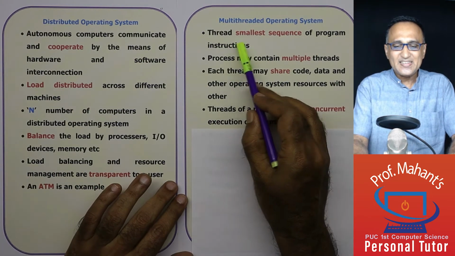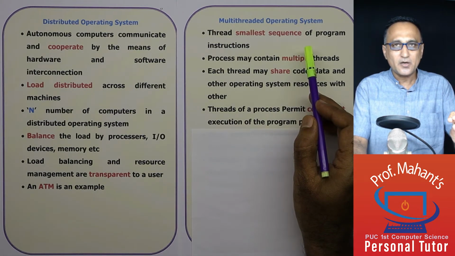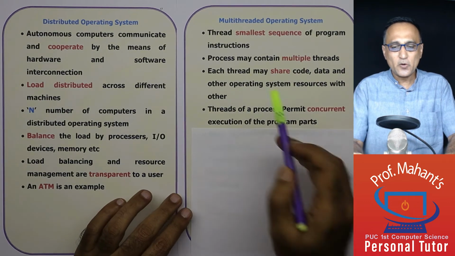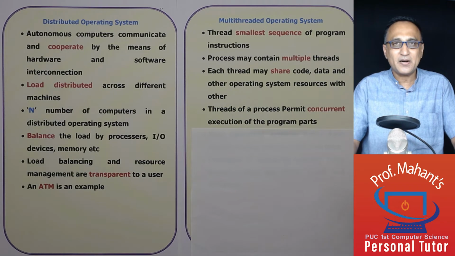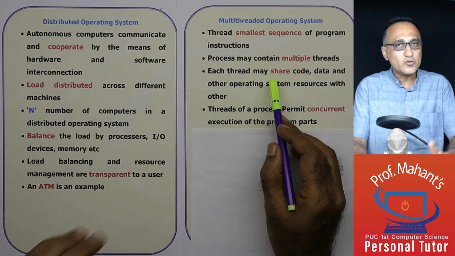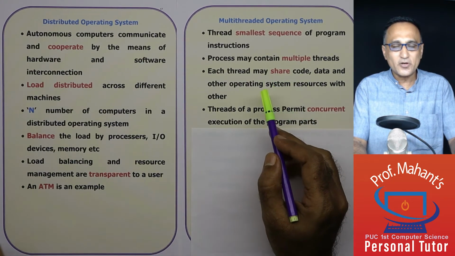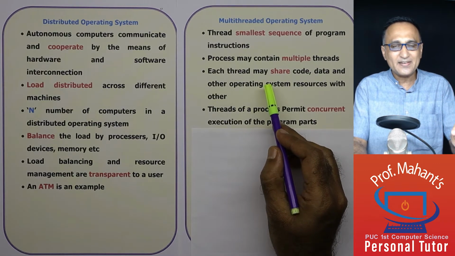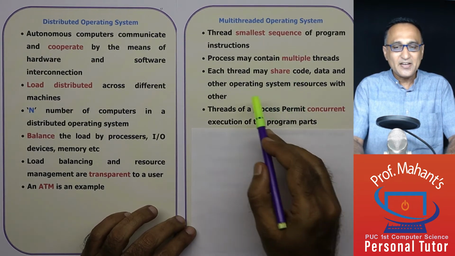So a thread is the smallest sequence or the smallest group of instructions in a program that may be executed. Now in my process, the example I give you, you can think of it as consisting of multiple, that is 10, threads. So each of these threads uses the same code for addition. Although the data items are going to differ because each row may not have the same data item, the logic to add data in each row is the same. So it may share the same code and it will share resources.